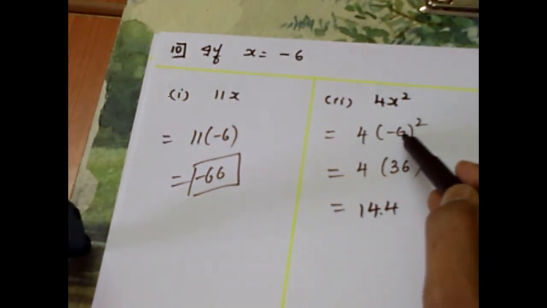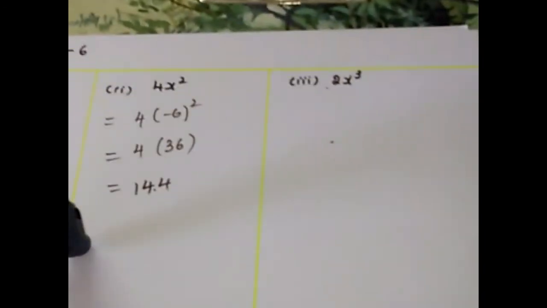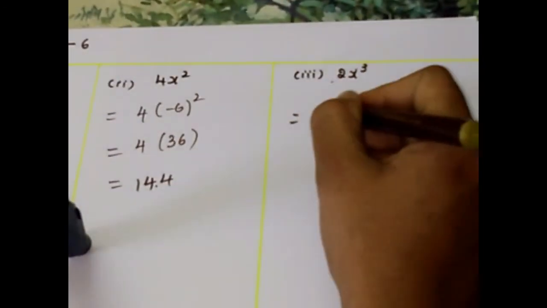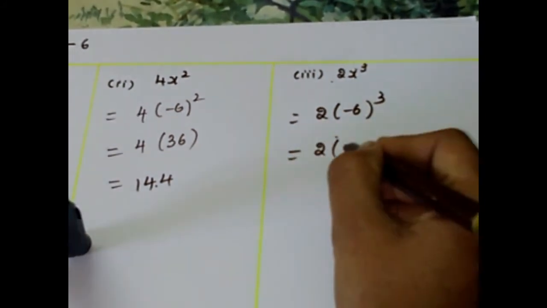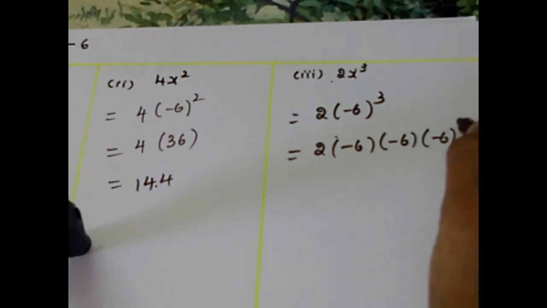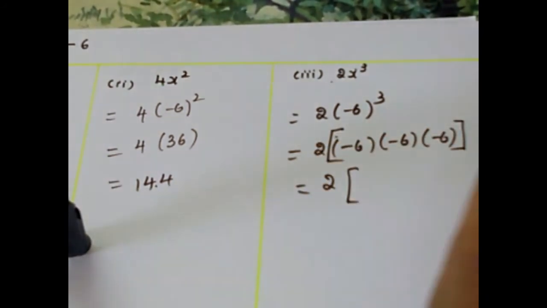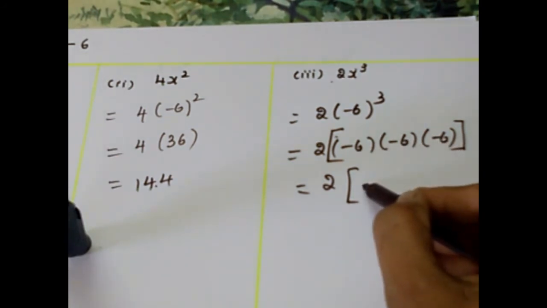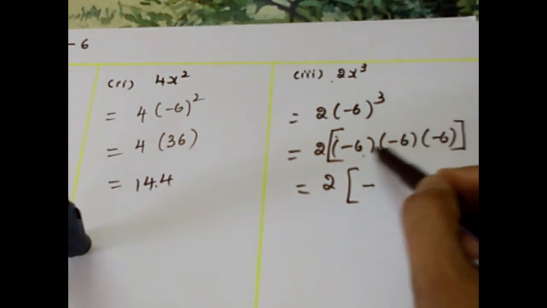As soon as I wrote minus 6 whole squared, I did not cross check with the sign because the power is an even number. When you have an even power, automatically you will get a positive answer. Same way the third one, 2 into minus 6 whole cubed. 2 into minus 6, minus 6, minus 6. Children, first you have to calculate minus 6 whole cubed. So the solution will have minus directly because the power is odd.